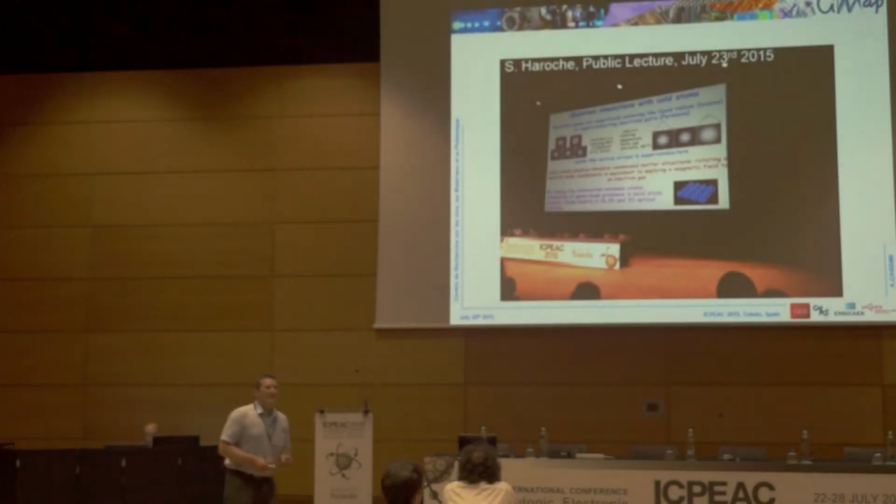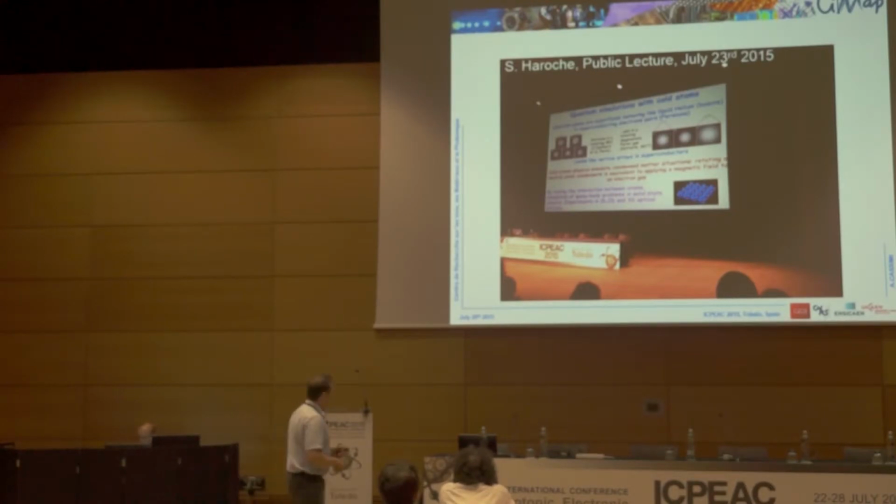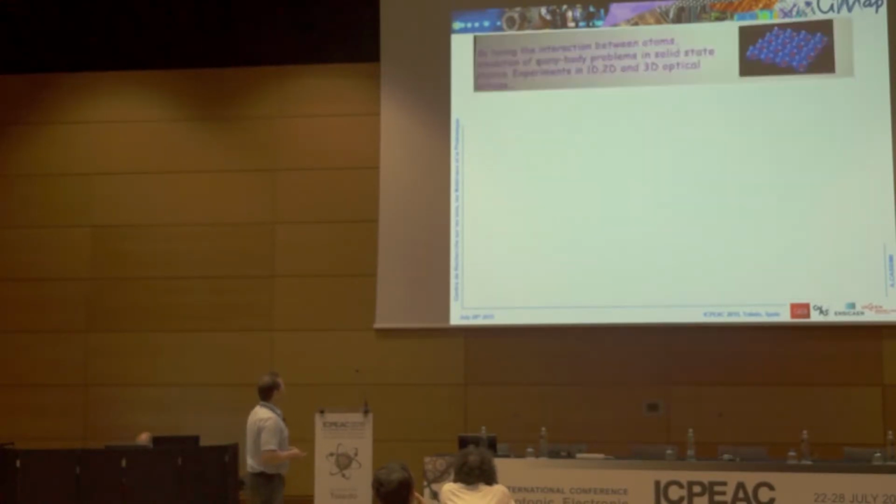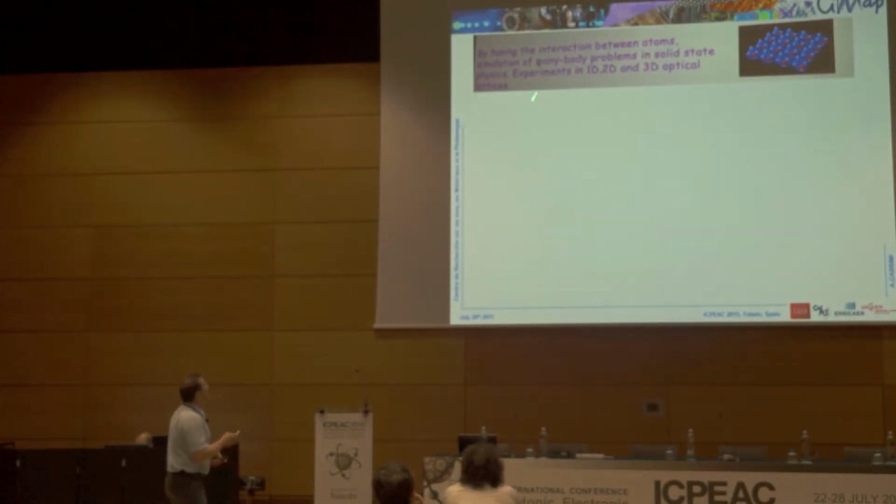So I think you remember the plenary lecture given by Serge Haroche. Among the interesting things he talked about, he presented this slide on quantum simulation with cold atoms. If we zoom in on this part, we see that by using optical lattices, you can keep atoms together and simulate matter in 1D, 2D, or 3D, to see if you could learn new things concerning solid state or an assembly of atoms with no interaction between them.